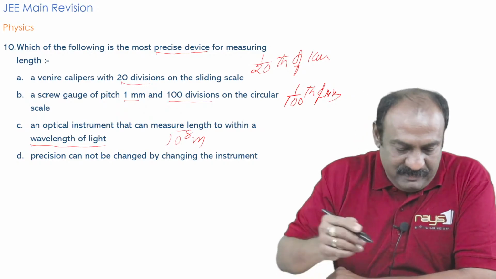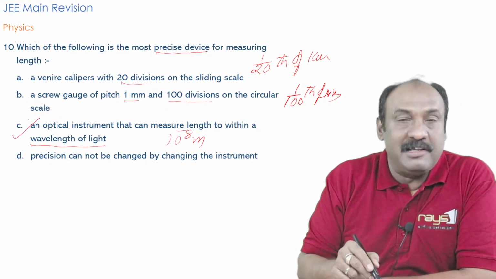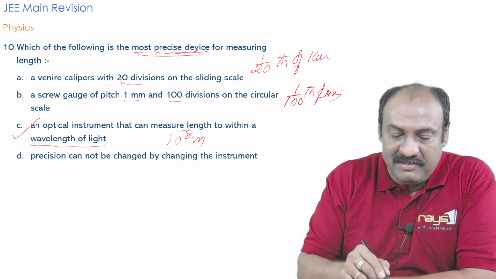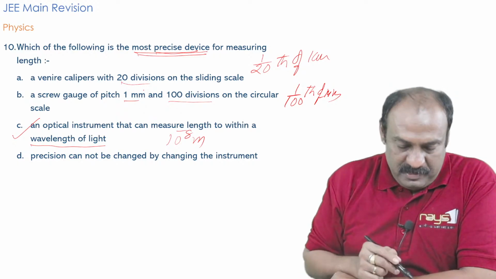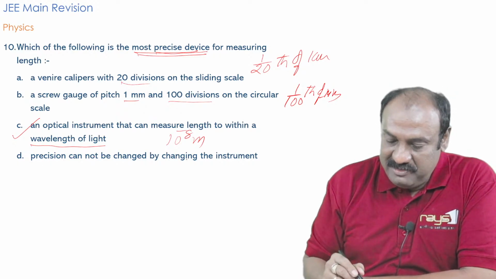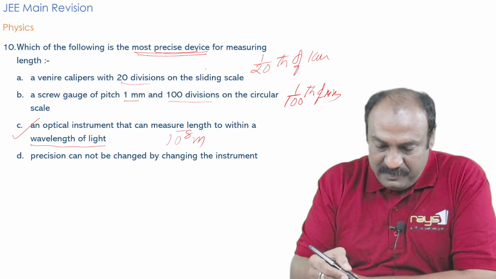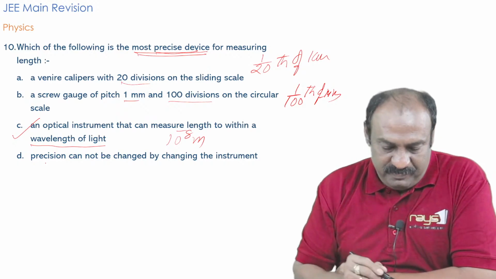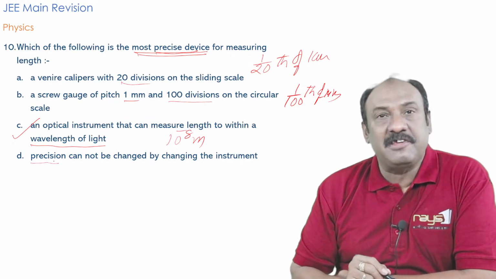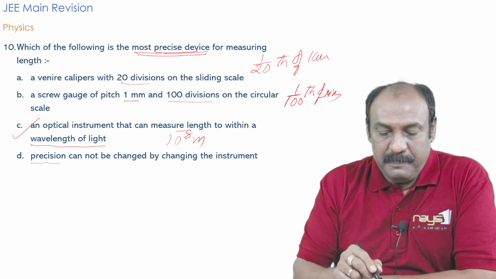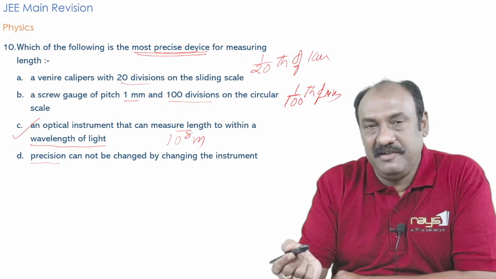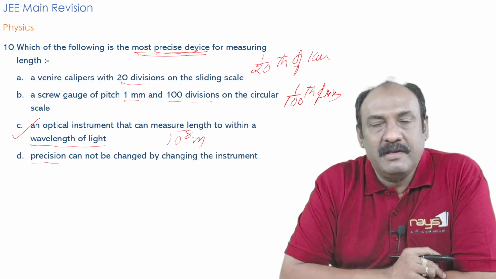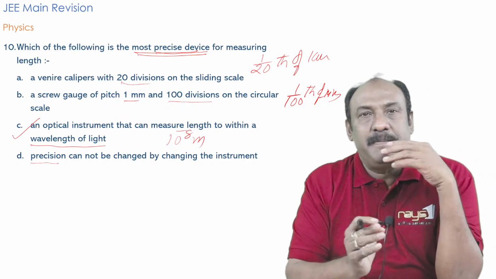For that reason, this instrument is said to be the most precise device when compared to the first three. Fourth one: precision cannot be changed by changing the instrument. Yes, precision. What is precision here? Precision here means, for measurement values,